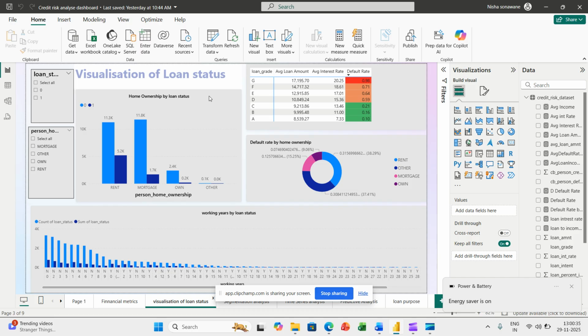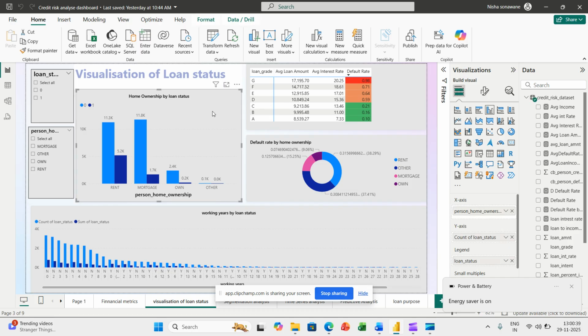Here, this chart is by home ownership by loan status.